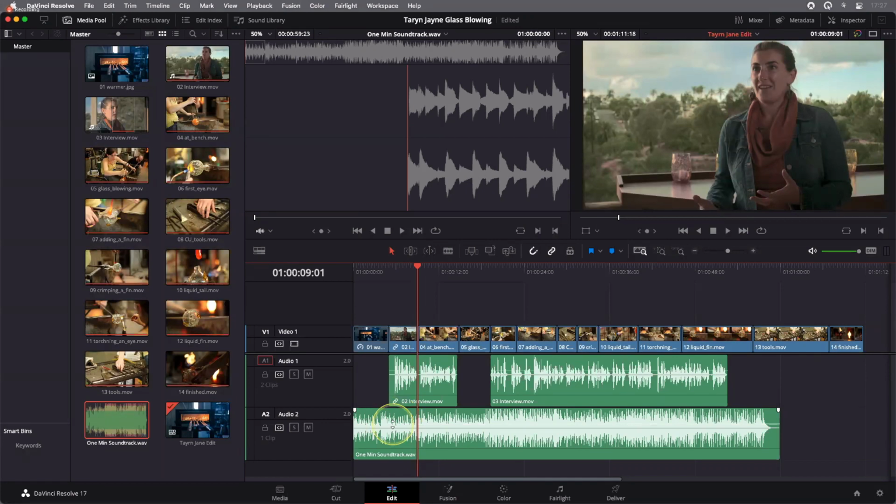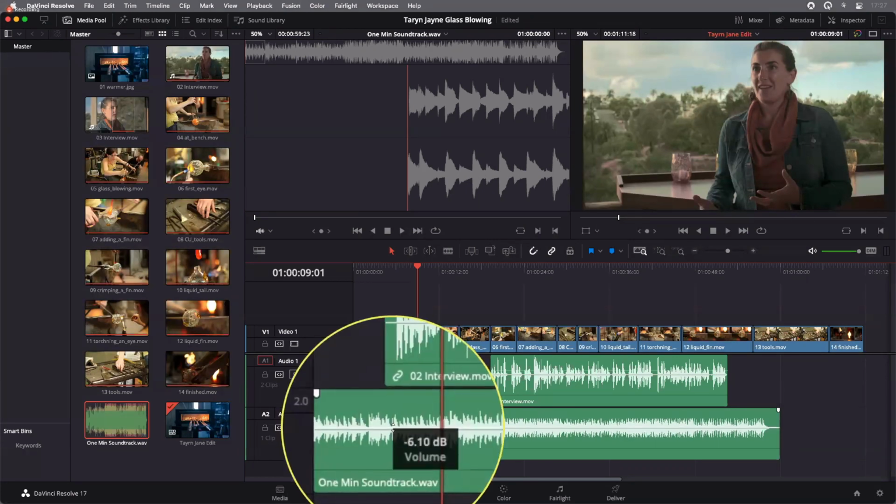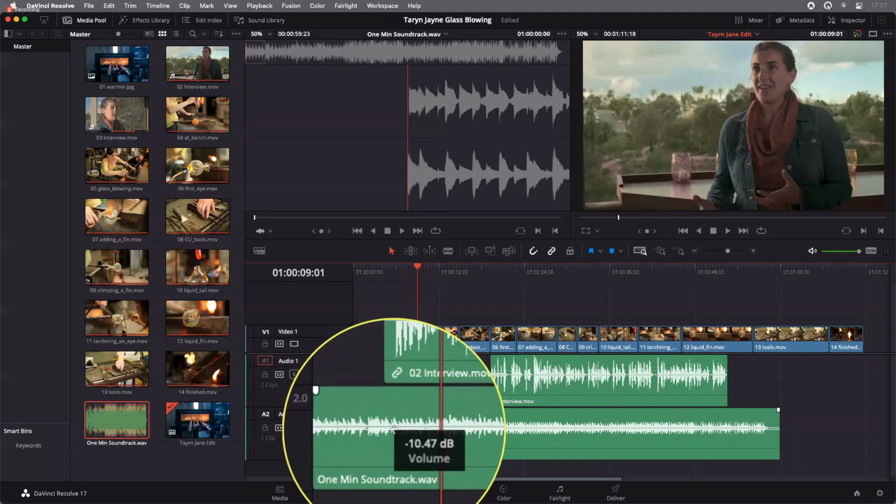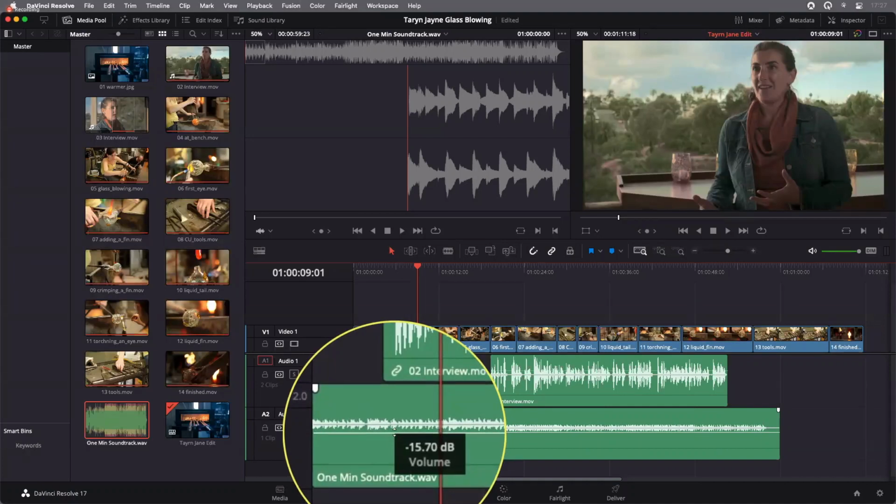If I click and hold on that, and then I start to bring that down, you'll notice a few things are happening. First of all, the waveform is changing height, but also there's a little tooltip that tells me how much I am reducing this volume by. If I bring this down to around about -15 dB, don't worry about the number, it's not about finding a particular number in this case. But if I bring that to around about -15 dB, let go of the mouse. Now when I play this back,